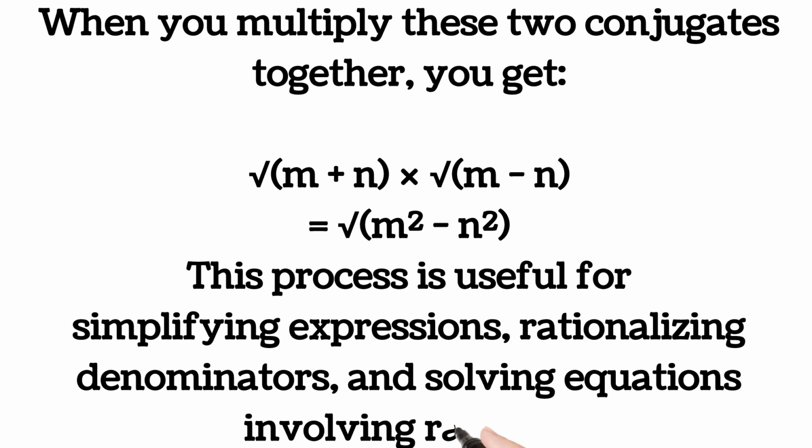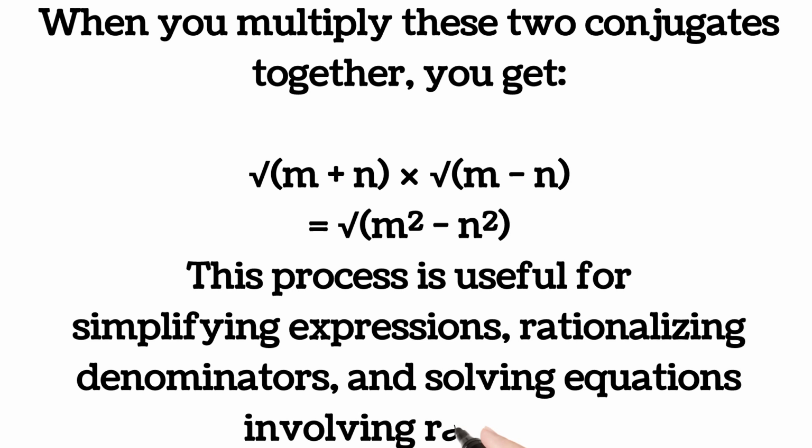This implies root a divided by root m plus root n, times the conjugation of the denominator, which is root m minus root n divided by root m minus root n, which will give us root a times root m minus root n, divided by root m plus root n times root m minus root n,